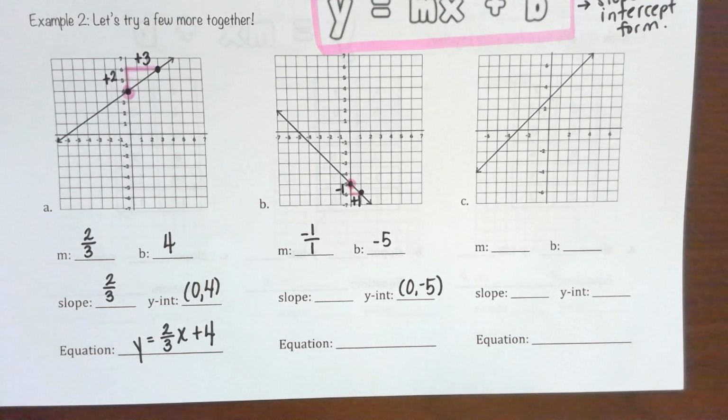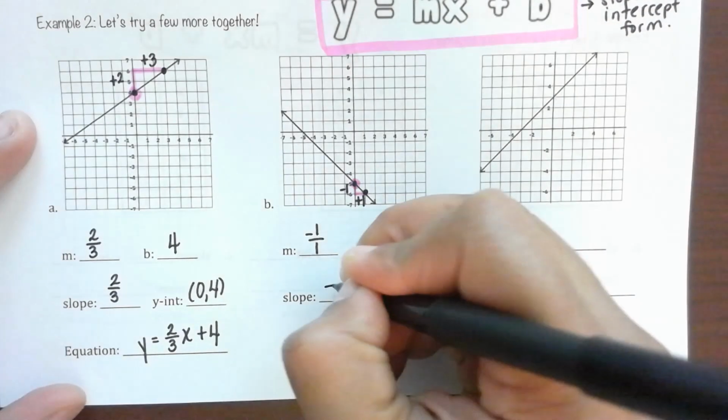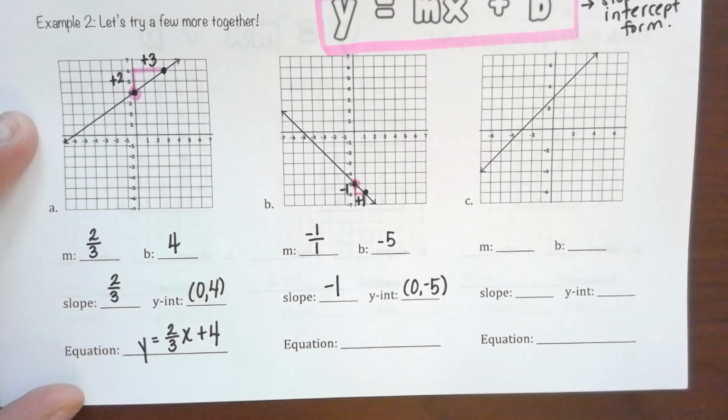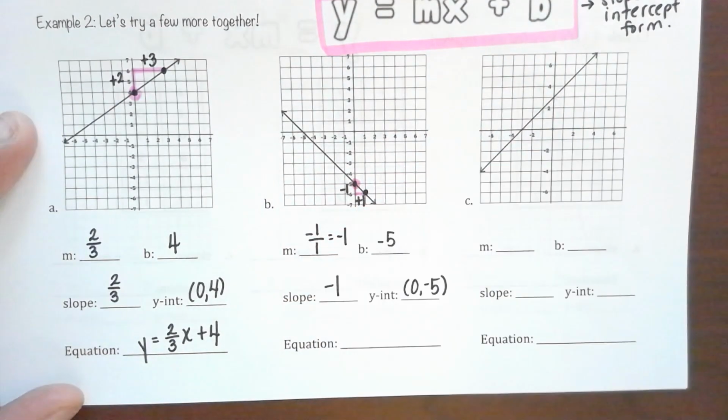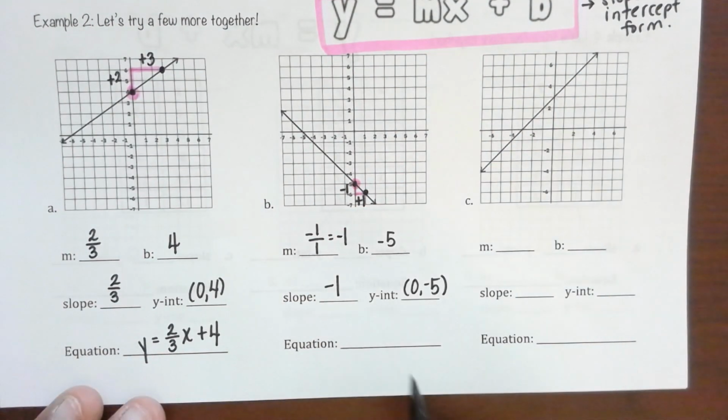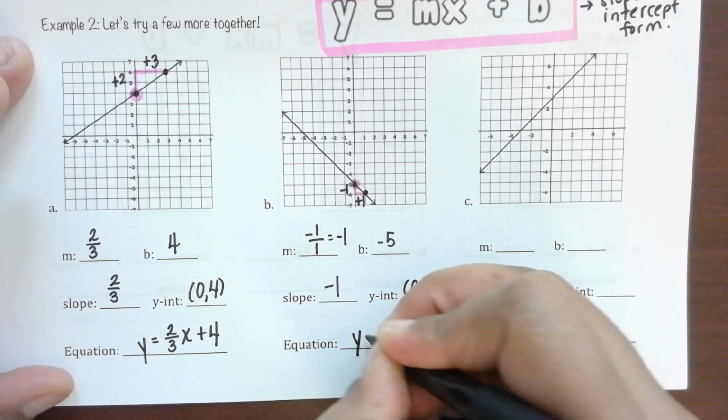What'd y'all get? -1. So that should go where slope is. So from here, I'll write it up here as well so you know where it came from. So do I have my m? Do I have my b? Yes. So what's my equation? Y equals -1x